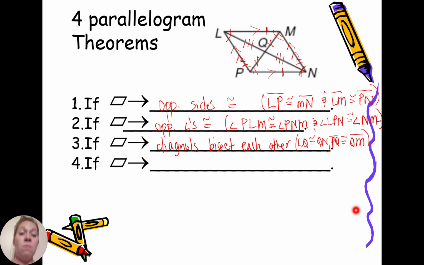And the last theorem or property is that consecutive angles are supplementary, right? Which makes sense, because if this is parallel to this, opposite sides, this would be a transversal. Well, same side supplementary. So angle L is supplementary to angle P, and angle M is supplementary to angle N. But we also have another set of parallel lines here and here, and this would be the transversal. Therefore, L is supplementary to M, and P is supplementary to N. So again, consecutive